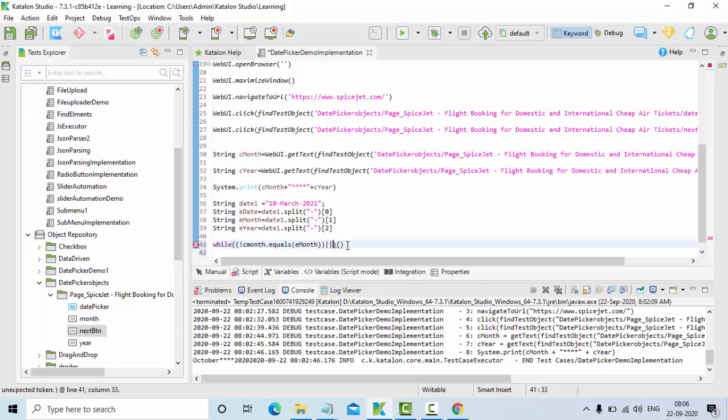Same concept: c year dot equals of e year, negation, so that till that time I want to make sure this is iterating.